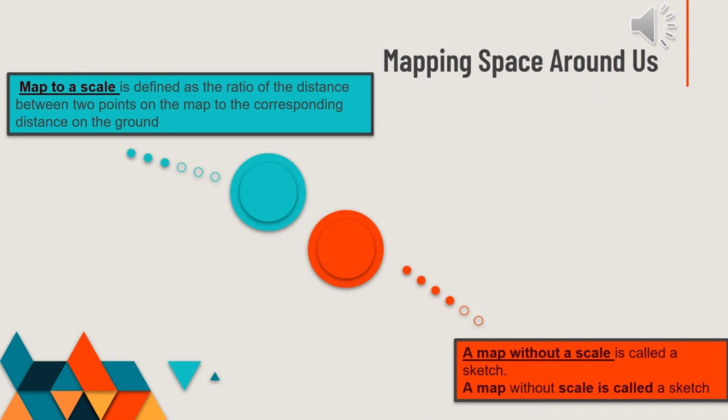So let's discuss some characteristics of the map. A map depicts the location of a particular object or place in relation to other objects, while symbols are just used to depict the different objects and places. Last but not the least, there is no reference or perspective in a map.